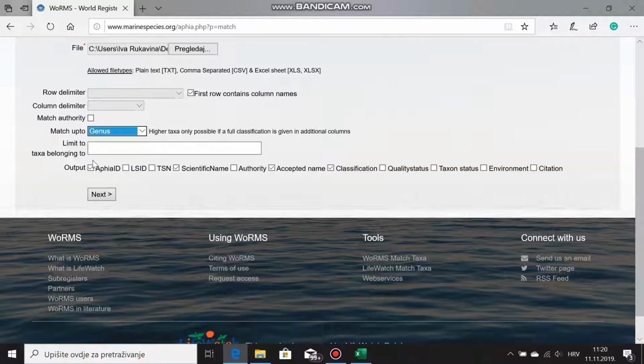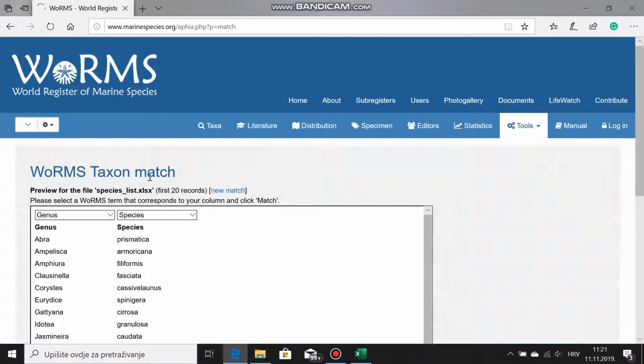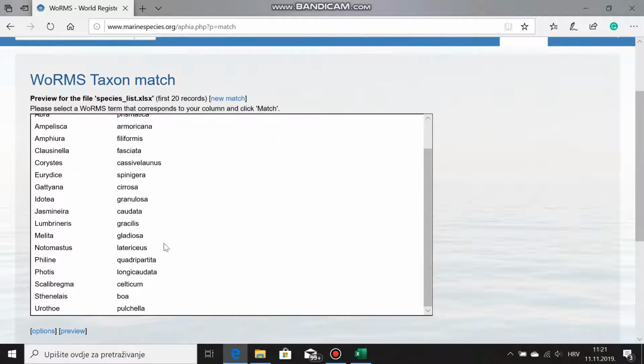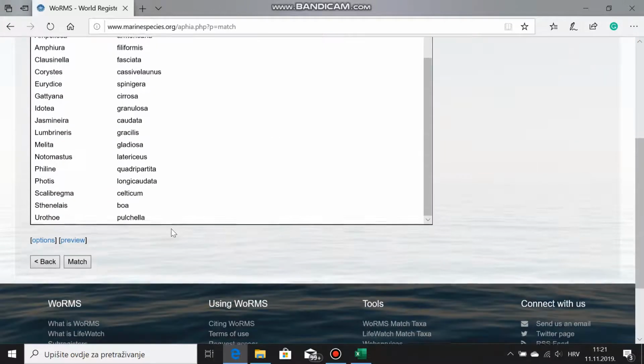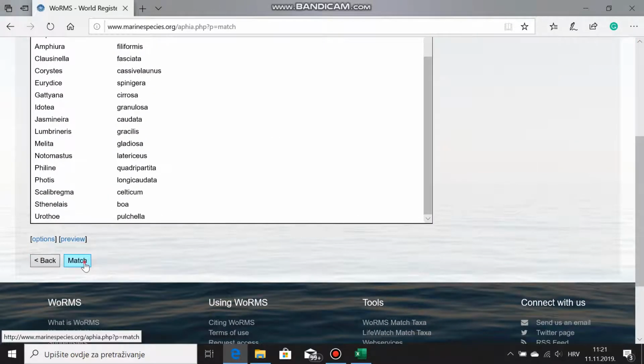At the end, you indicate the output boxes. Which data would you like to get? Since I'm interested in classification, I will just pick the classification box. Click the Next button, and the window with the uploaded list appears. Click the Match button,